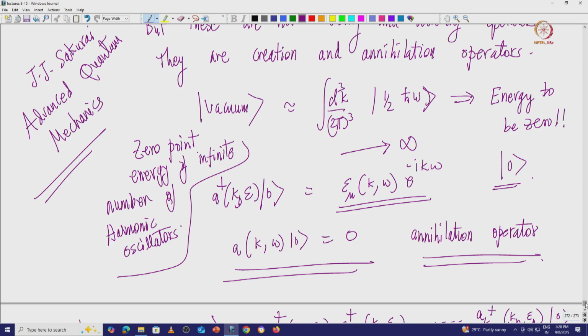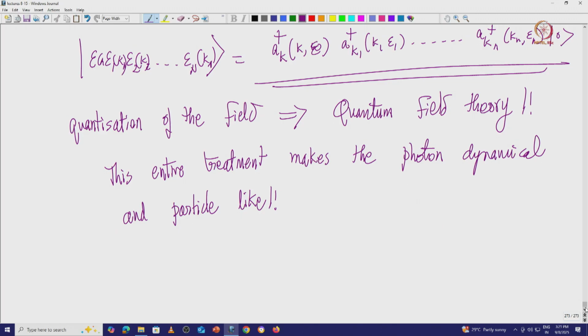So if you write the spectrum from the Hamiltonian, you see that the zero point energy of these simple harmonic oscillators will end up being infinite. The lowest energy state, the vacuum state, has infinite energy. So the infinite energy should be rescaled away, which we can do because what we measure, exactly like in the Dirac sea which also has infinite energy, is only the differences in the energy values of the states, and so we define this essentially. This entire treatment makes the photon a dynamical particle.